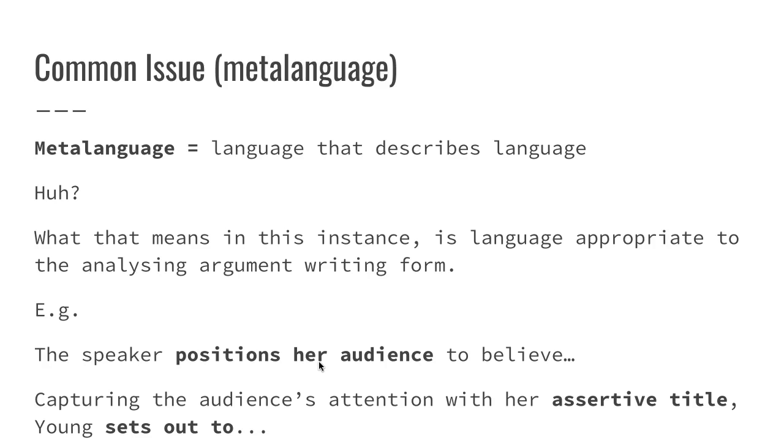You need to tell us and you need to show us that you understand how the audience that this piece is intended for, which in this case is young people yourselves, is supposed to be positioned by the different techniques that Young uses. So when she uses a rhetorical question, how are you being positioned? And how are you supposed to support her argument based on that? When she uses that image, the same thing. When she uses the statistics in the second page, how is that supposed to affect you? Why would it persuade you? So think about how you're describing it and make sure you're coming back to this.